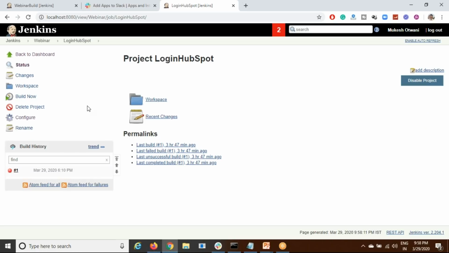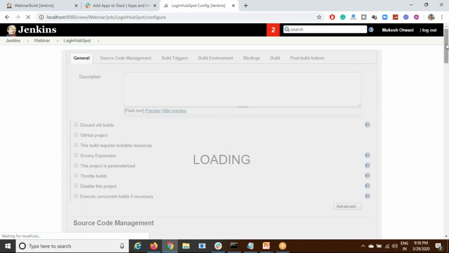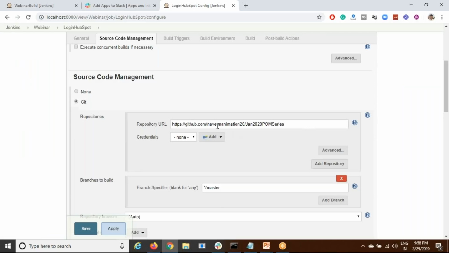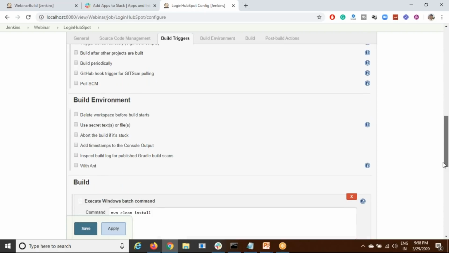So Naveen has one test on GitHub, which he showed just now for HubSpot login. I have taken the same Git repository and configured it for this particular job. Same configuration, the only thing is the Git path is from Naveen's GitHub. And